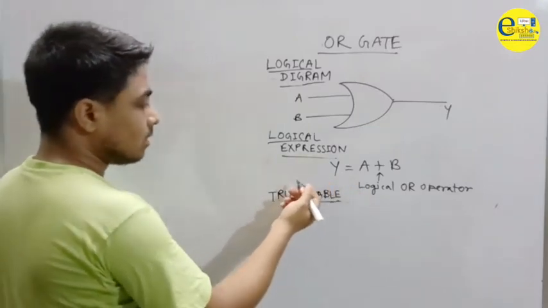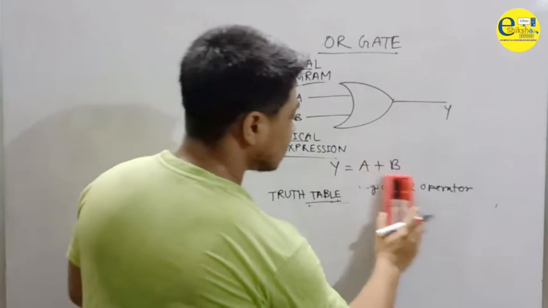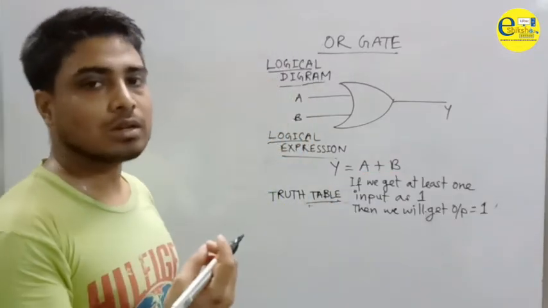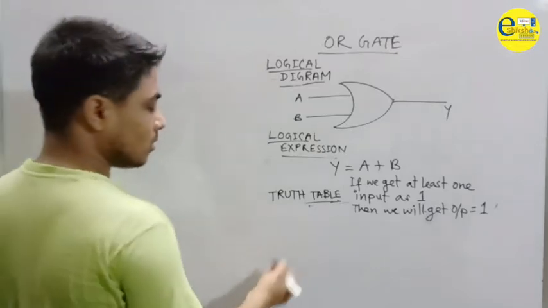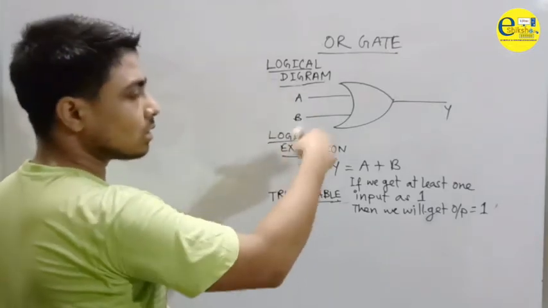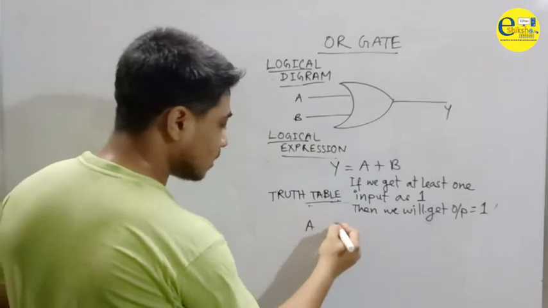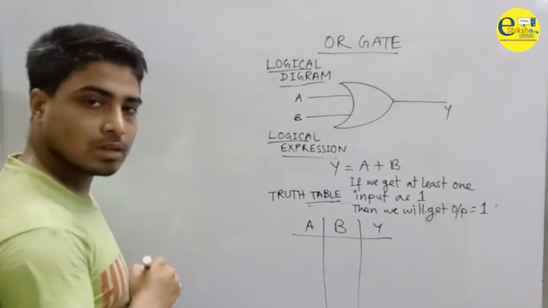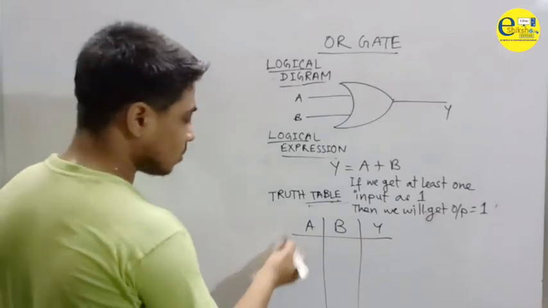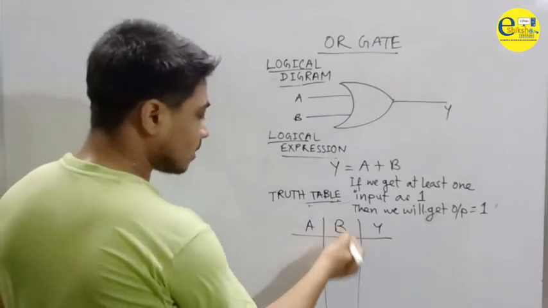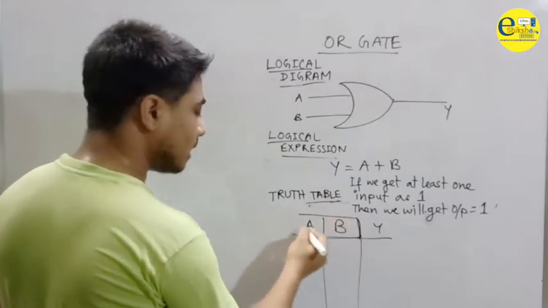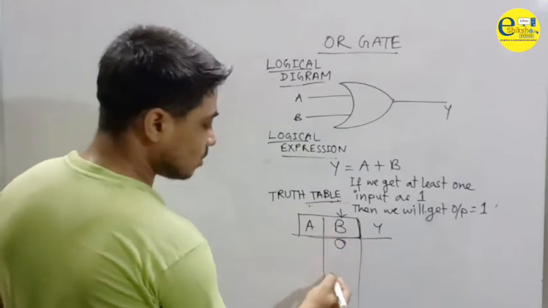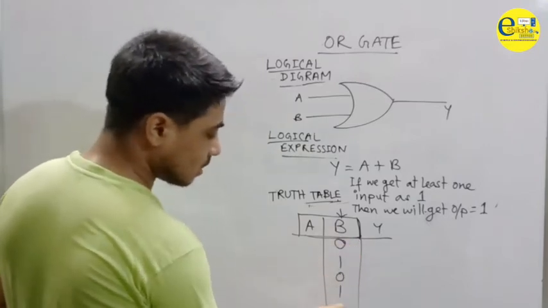So here, what does logical OR say? Logical OR says that if it has at least one 1, the output will be 1. So how is the truth table? See here, the total number of rows and columns is 3. That's why we have to draw 3 columns here. Starting from the LSB, write 0, then change to 1, then 0, then 1.